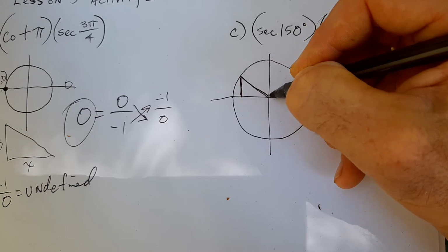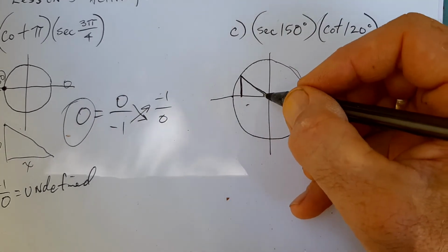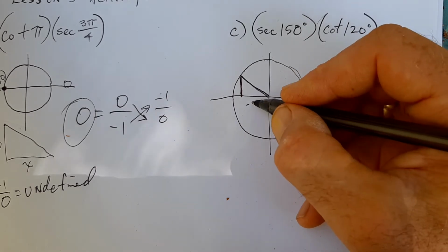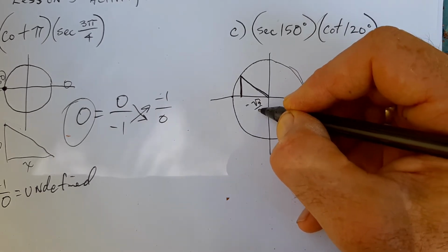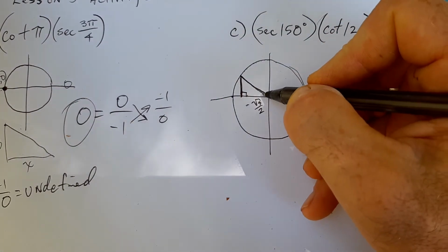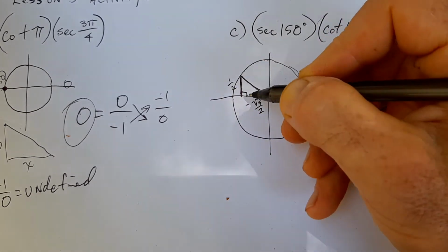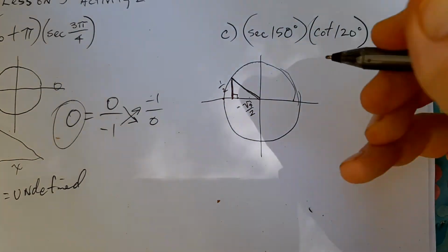Secant is the inverse of cosine, and cosine is the x, so that's going to be a negative, right? Because I'm in the negative square root of 3 over 2. Maybe you got that one memorized now. This 30, 60, 90, this short side over here would be positive 1/2, because I'm positive y, and hypotenuse